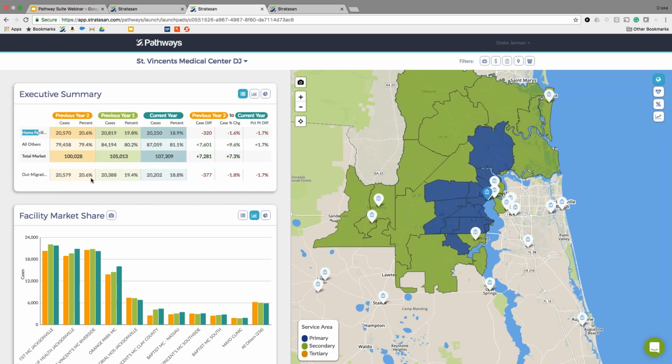And it's also important to note that we have an out migration piece here as well, and that is going to be cases of patients who are going to hospitals that are not in this service area that we've built. So out migration, while definitely an issue, is not our biggest issue. It is the 80%, roughly 81% market share that we're losing over here to the other facilities within our service